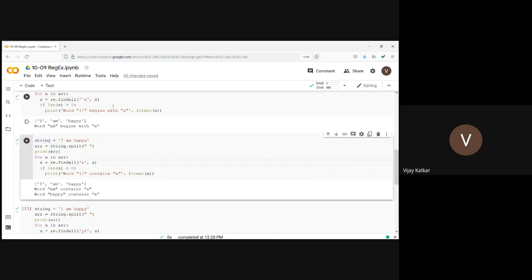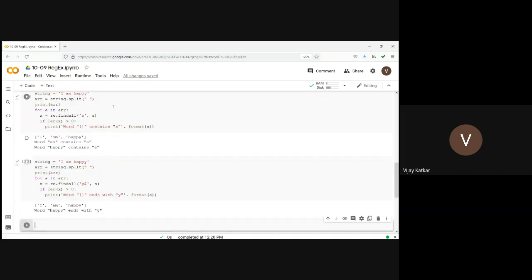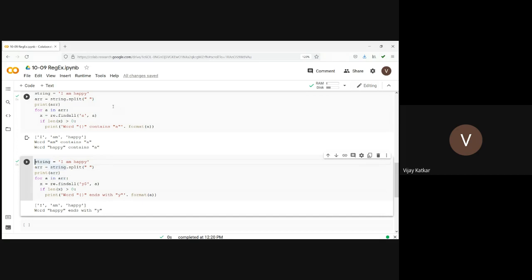Without anything means whether it is containing a or not. And dollar is just to check whether the word ends with y or not. So beginning with, containing, and ends with. These are three ways if you want to do a search. Other than caret and dollar, we can use star or plus.